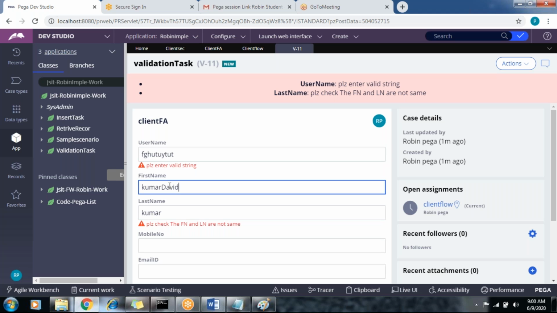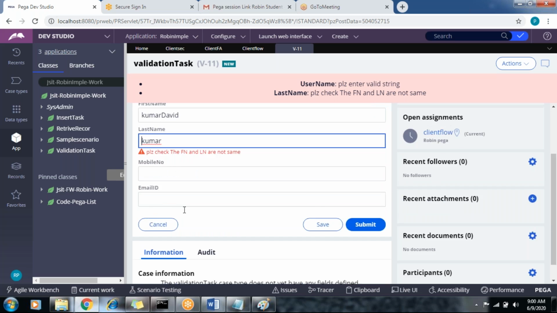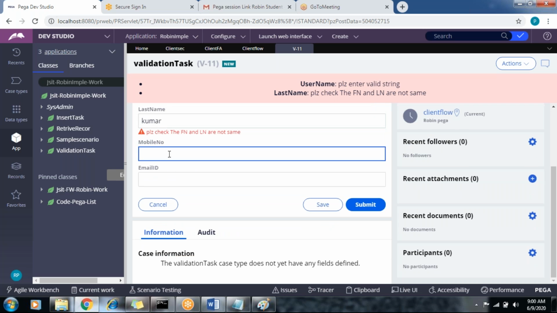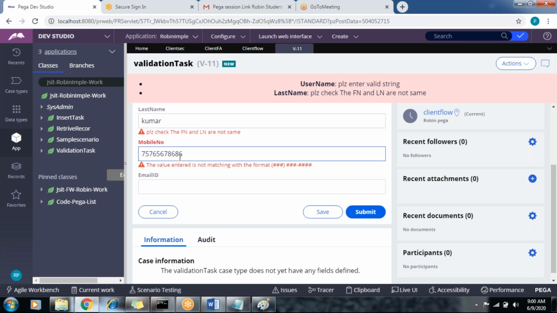Kumar David Kumar, and the mobile number is something we applied as a US phone number. Let's say I enter some number. It will display the error message, what value is entered in the match. It will display here the US phone number, right? This is the US phone number format.